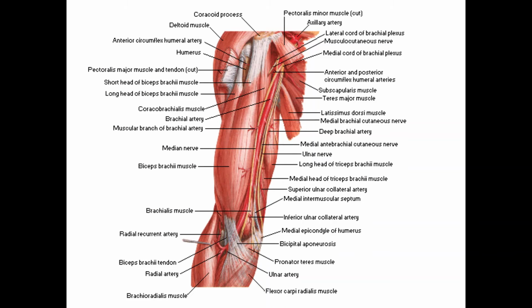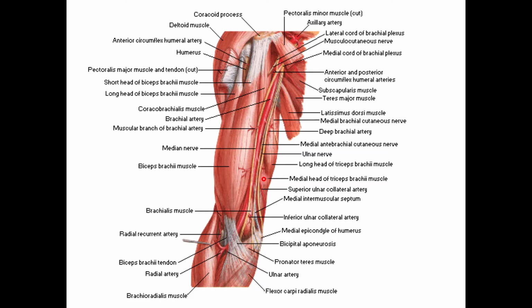To begin with the extent of the brachial artery, this brachial artery is nothing but the continuation of the axillary artery in the axilla. The axillary artery, which is seen in the axilla, continues as the brachial artery in the arm beneath the lower border of the teres major muscle. Yes, distal to this muscle, that is teres major, the artery is seen as the brachial artery in the arm.